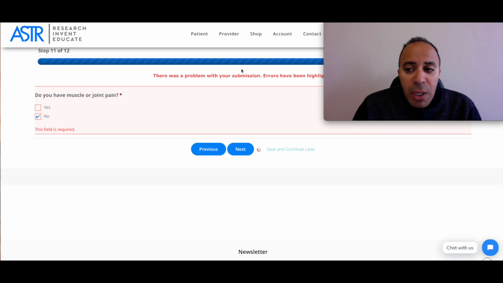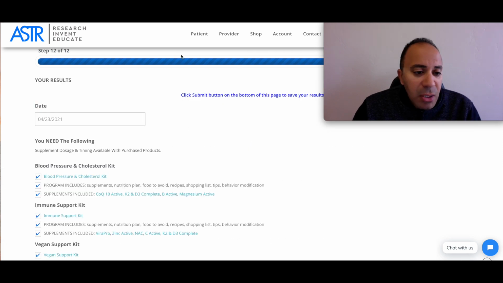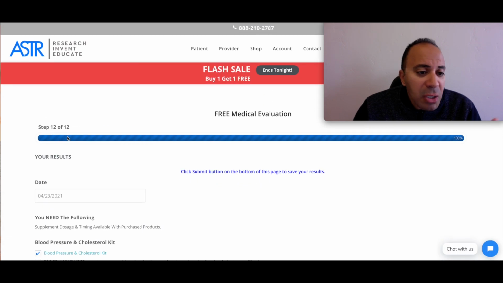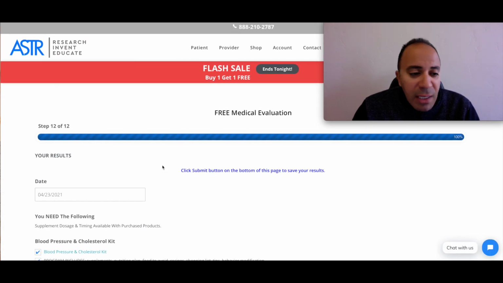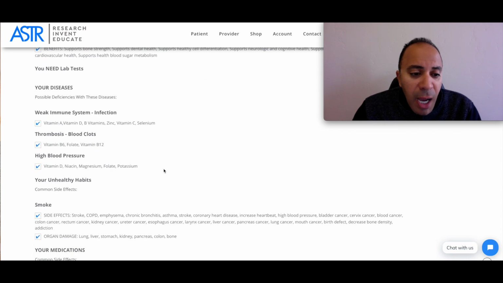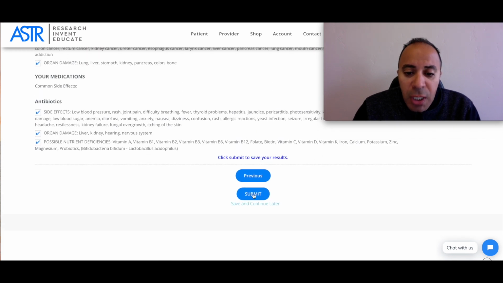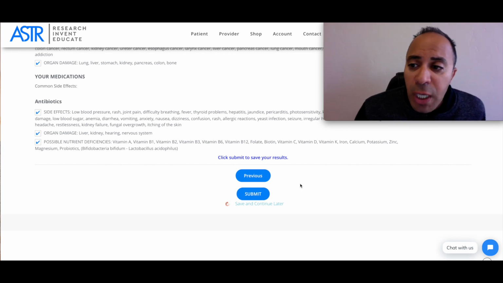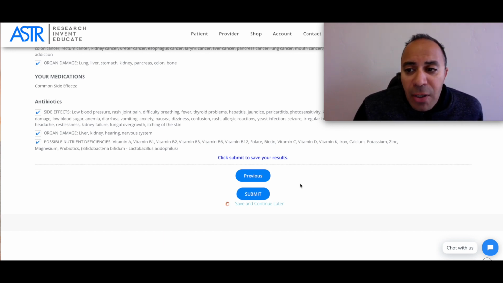The result will not be saved unless you hit submit. So this is a summary of the result here. I have to hit submit on the last page. It's basically 12 pages that takes literally 5 minutes to finish. And I will hit submit, and I will show you now the result page because that is actually the brain